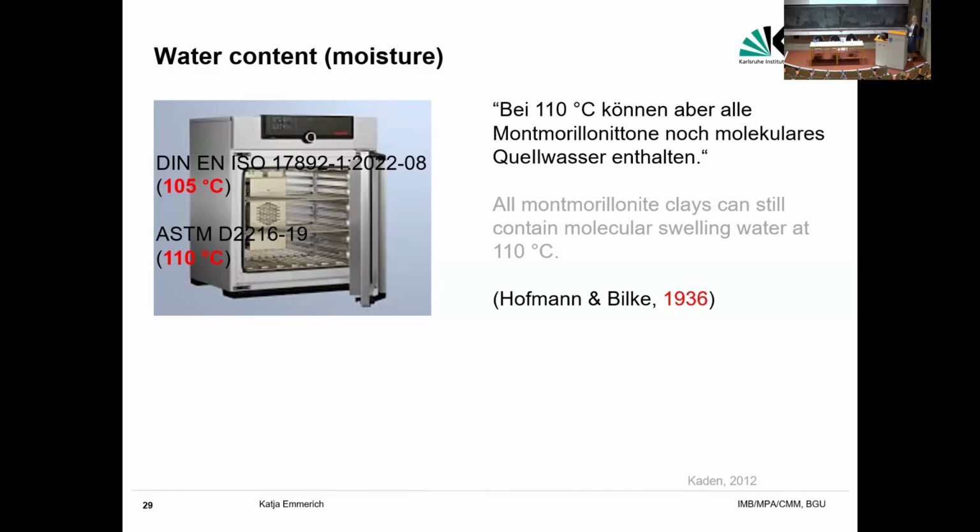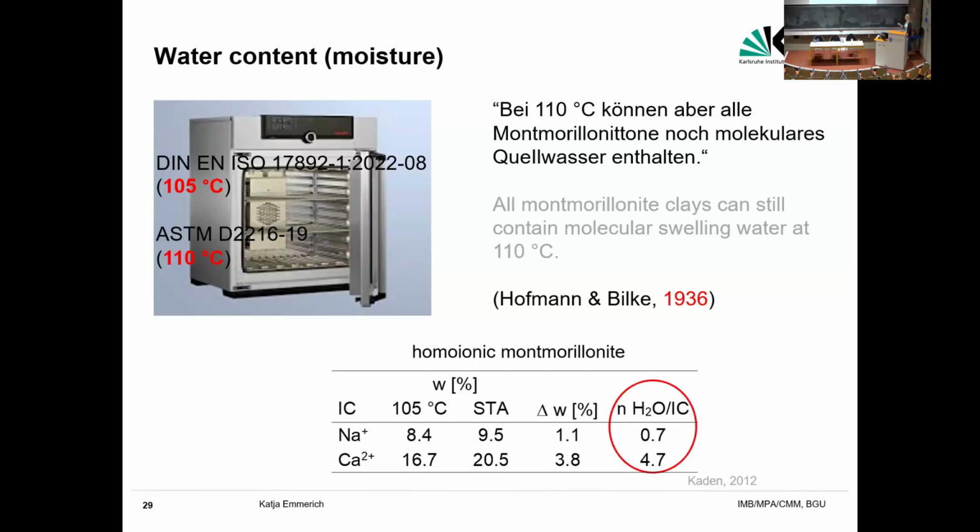Already Hofmann and Bilke in 1936 stated that in montmorillonitic clays there could still be found some water after heating at 110 degrees Celsius. And especially if you have a divalent interlayer cation like calcium or magnesium, they have high hydration energies. If you determine the water content by heating at 105 degrees Celsius and then compare it to the water content determined at 200 degrees Celsius or determined by simultaneous thermal analysis, because by simultaneous thermal analysis you really see the end of the dehydration,